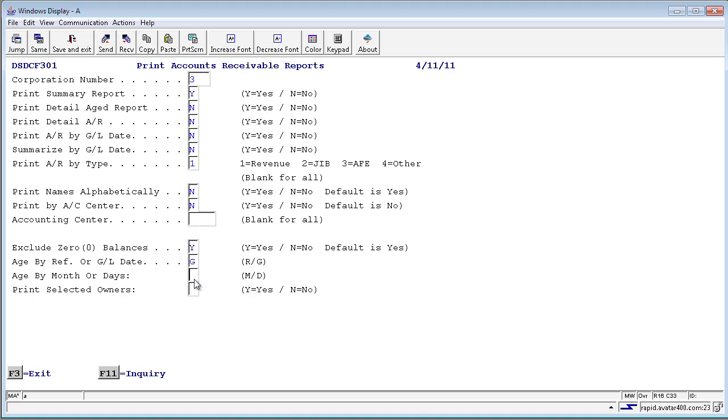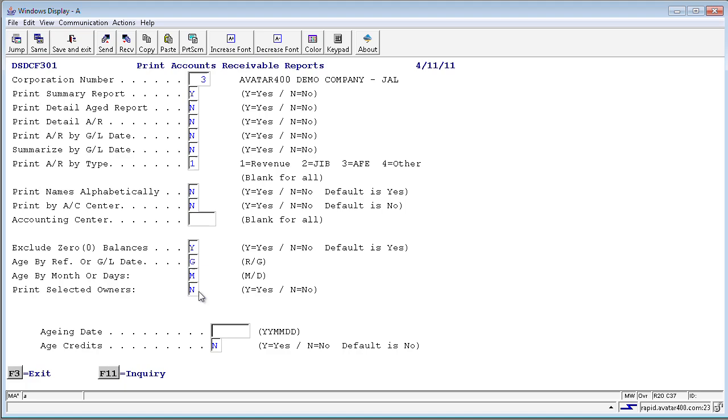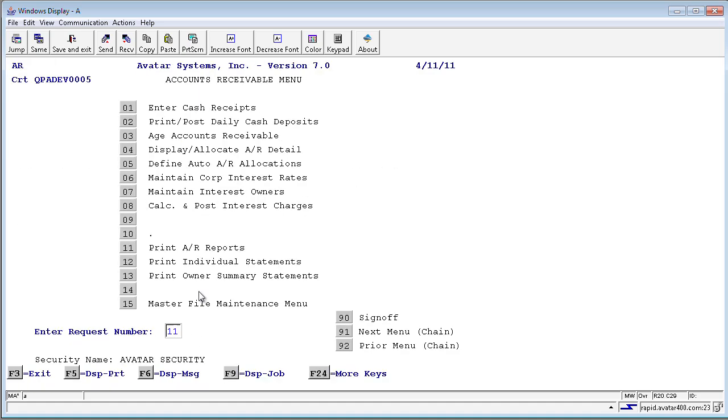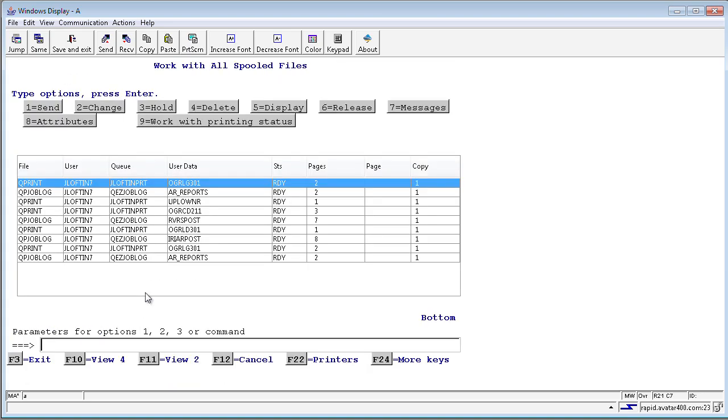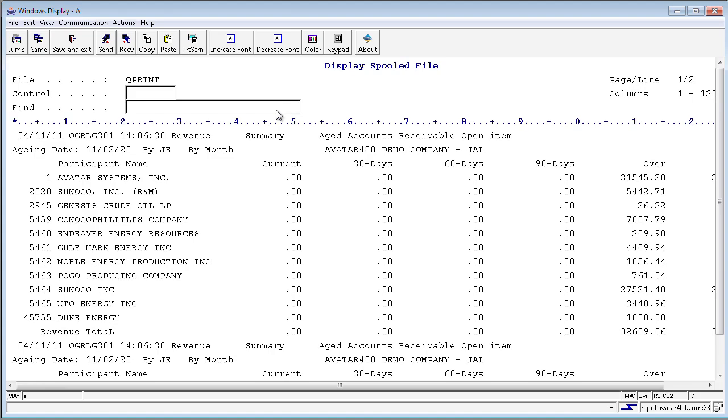I'm going to run this by General Ledger date. I'm going to age by month. You have the option to age by day. I want all owners, not just selected owners. And I'm going to give it an aging date of February 28th. And I do want to age those credits. My report is finished. I can F5, come down to my AR reports, press display, and you can see here